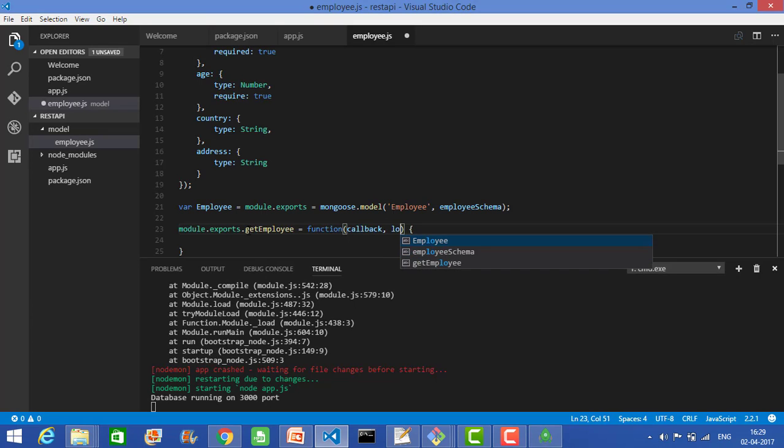So callback and then limit. Limit is how much we want to limit. Suppose you want to limit your ID to 2 or 3, we can control that using this, right? And let's say employee